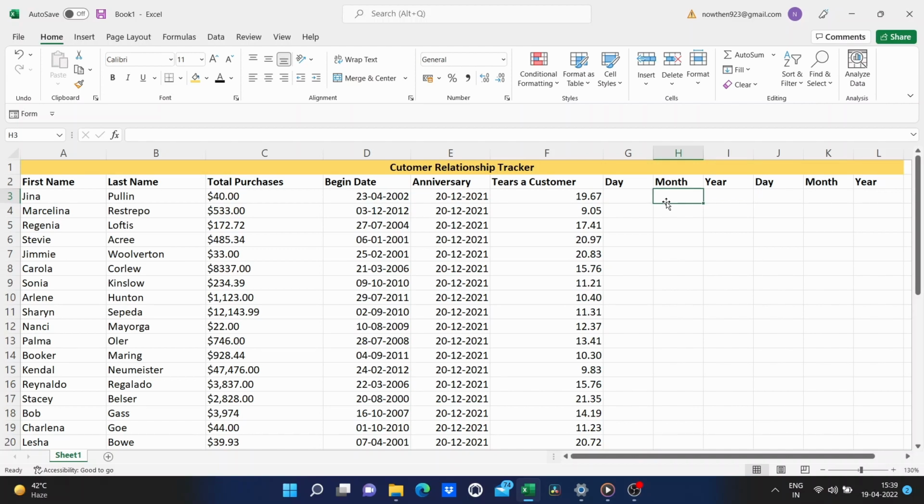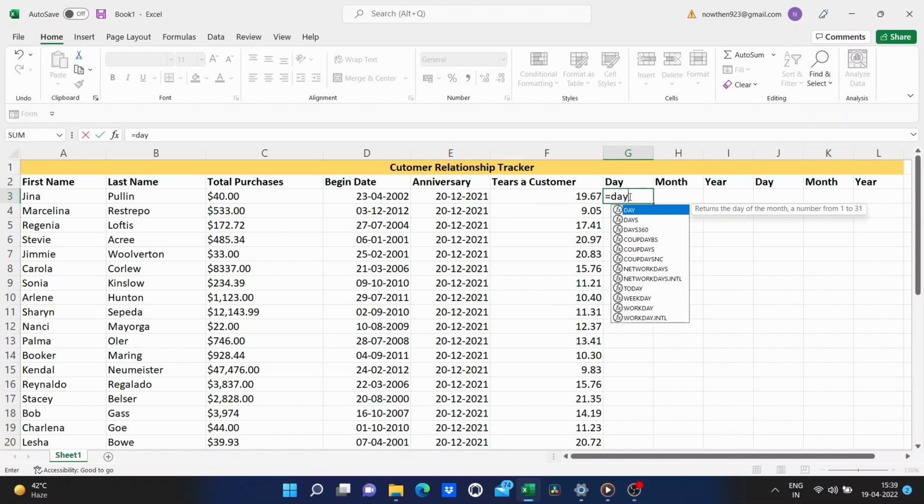Next, let's look at how I could use some date-related functions to pull out information from this date column here in D. So, let's first get the day. I am going to start by typing equals, and then I'll type day, left parenthesis, and then I am just going to click on the date that I am trying to pull the day out of.